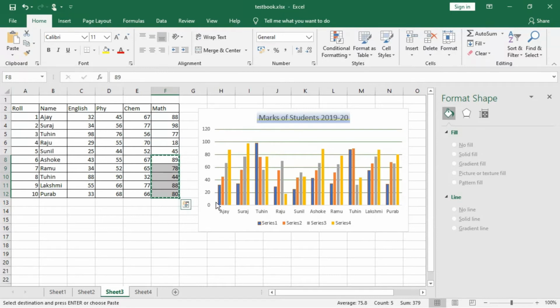From here, what does this series say? This blue series is the point of Ajay, value is 32, and the next one is the point of Ajay, value is 45. So comparatively how the value has increased and decreased has been shown very nicely in this graph. This is one more important utility of MS Excel charts, which can present comparison data. Sometimes the text data does not tell us many things, but from the graph you can understand at a glance